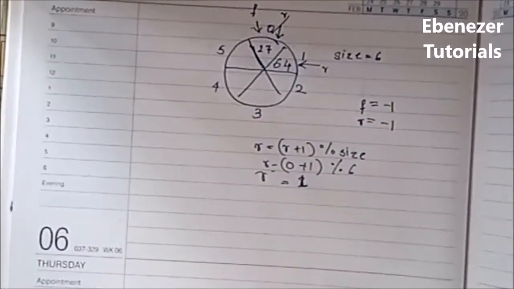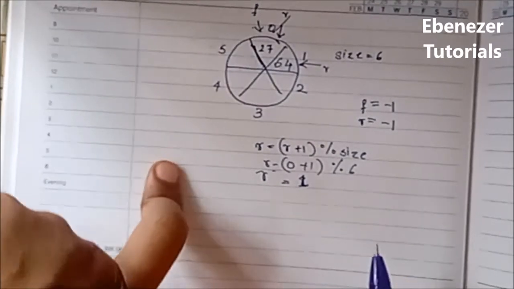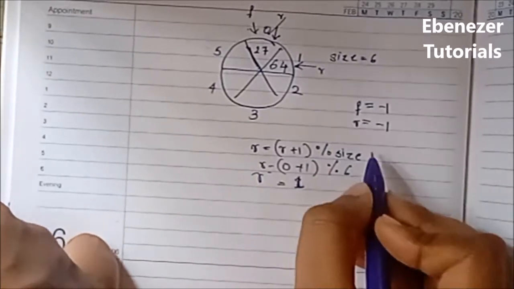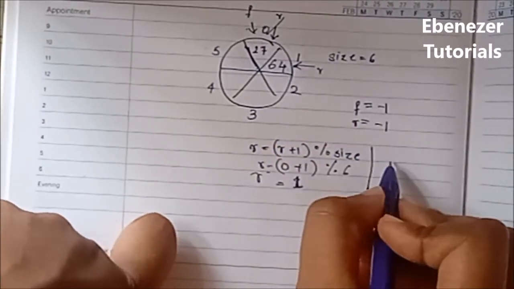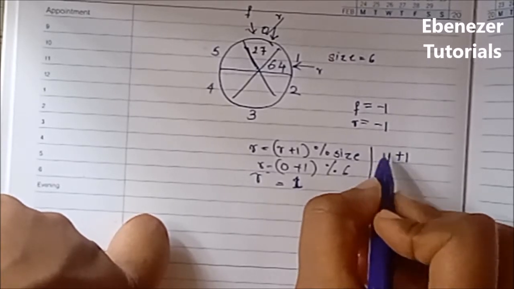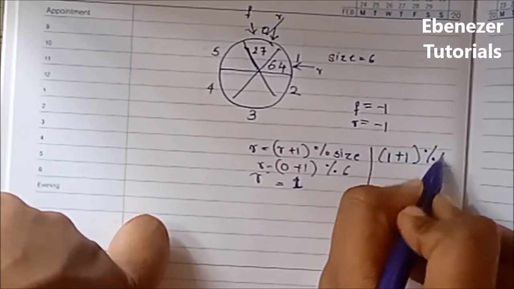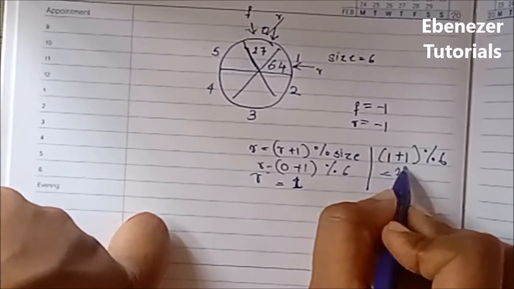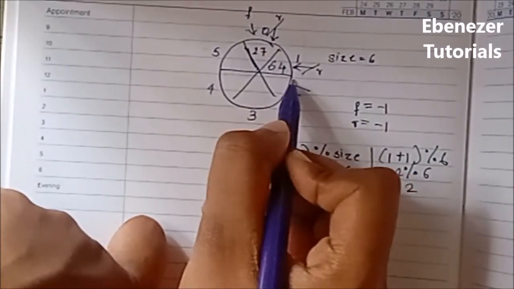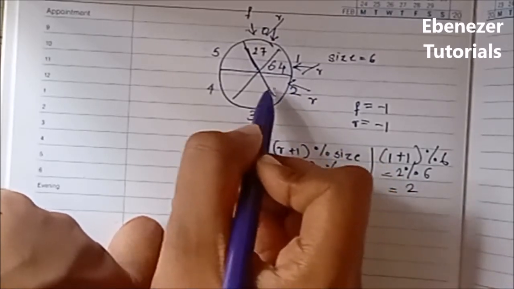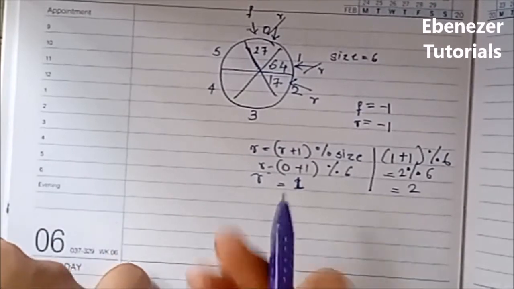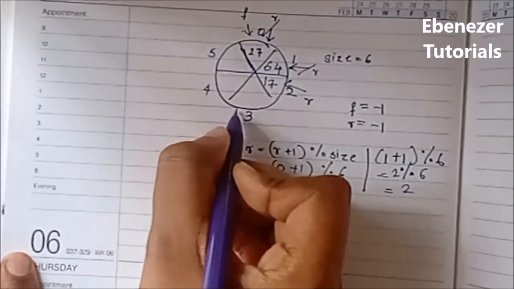Whatever element I want to insert, say 64. Similarly, now I want to insert the third element in my queue. Again the same formula: the current value of rear, which is 1, plus 1, modulus 6. 2 modulus 6 is 2. So rear would be pointing to index 2 and we can insert the element. In case I want to insert 17, this way I will insert the third element. And similarly the fourth element.